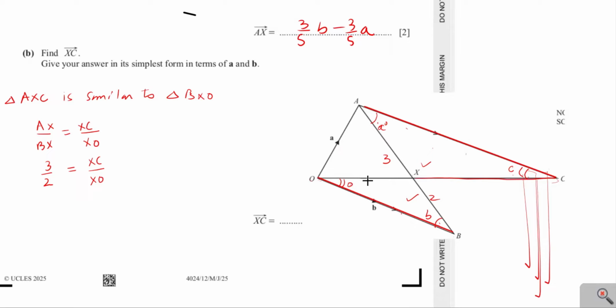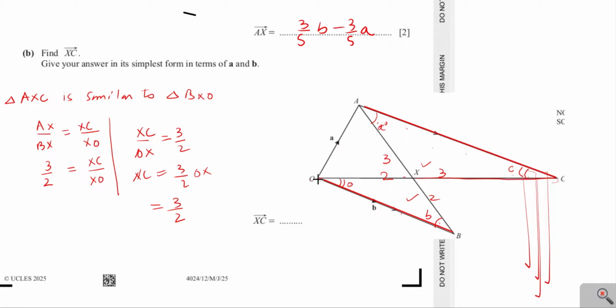Therefore, the ratio between XC and XO is 3:2, and we have to calculate the length XC. Therefore, XC over OX will be equal to 3/2, and XC will be equal to 3/2 OX, and here the OX is equal